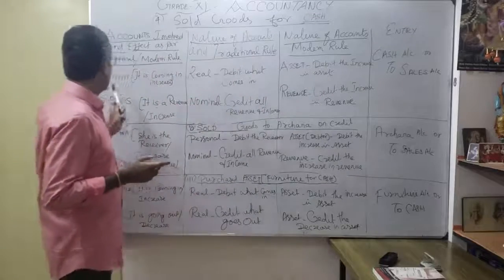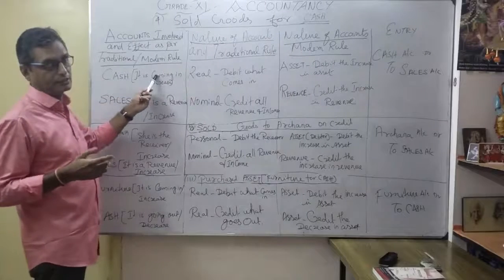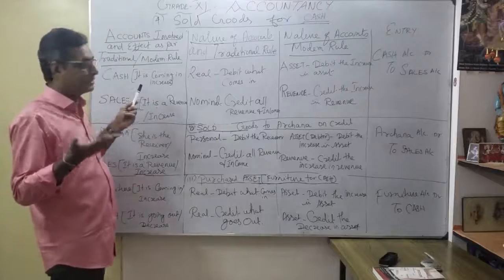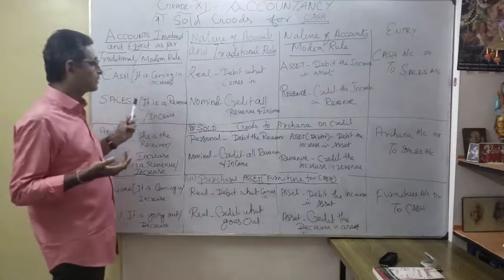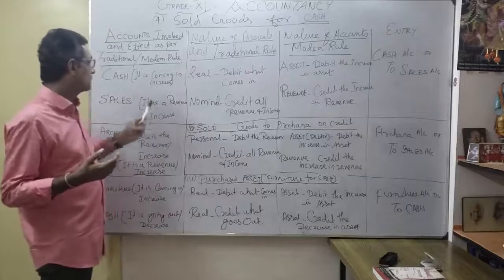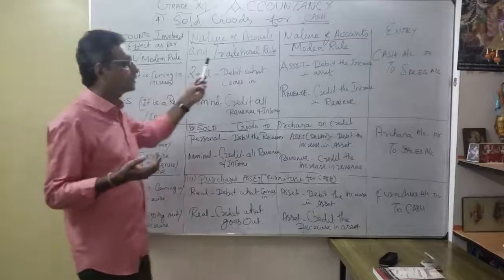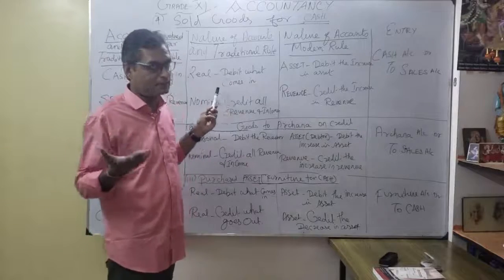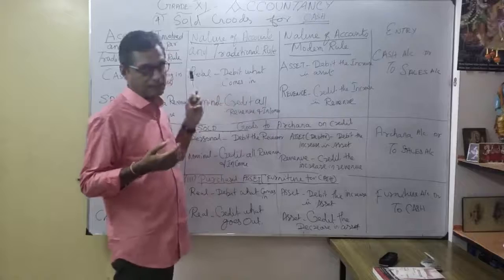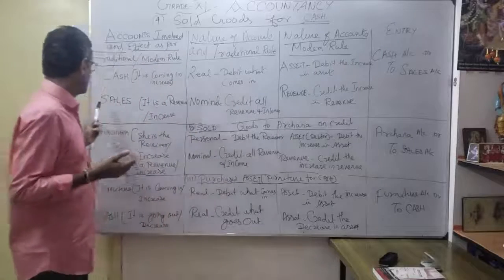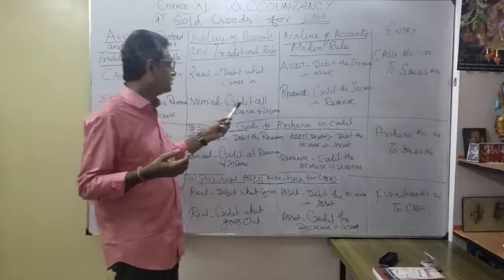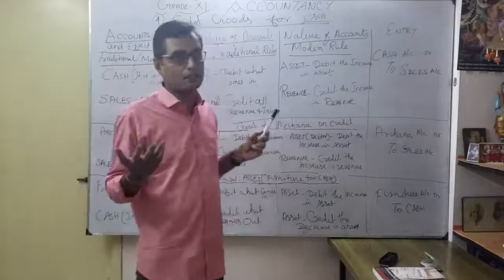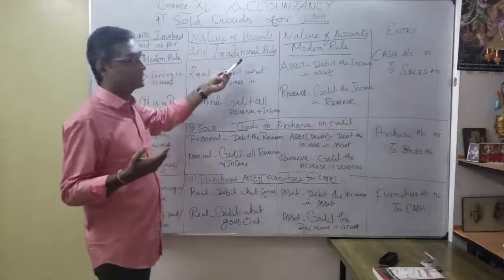Okay, sales. As a cash, it is coming under real account according to our traditional approach. As a modern, it increases. Okay, cash increases. Then as sales, according to traditional approach, it is revenue. But as a modern, it increases. Okay. Now coming to the rule, cash you know comes under real account because it is an asset. So naturally debit what comes in. Correct. Thereafter, as a nominal account, sales is a nominal account. Credit all revenue and incomes, or credit all income and gains. Correct. As a nominal account under the credit part. Understood according to traditional rule.